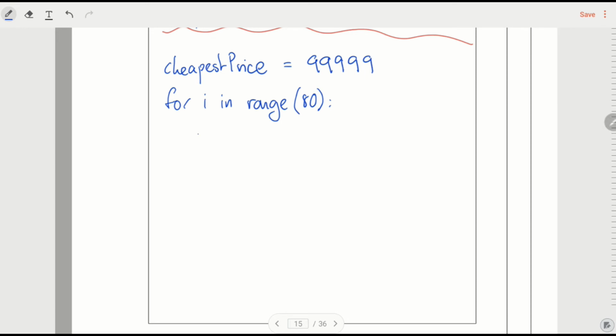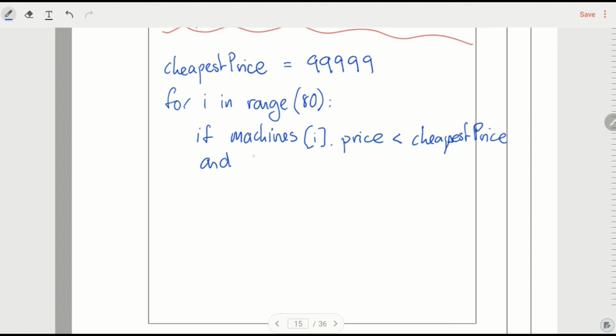I want to say if, first of all, the machines[i].price is less than the cheapest price, because there's no point in continuing if it's more expensive anyway. So if that is less than the cheapest price and it meets the criteria, and the machines